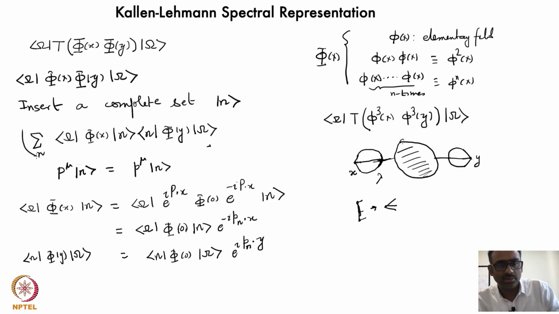Let's see whether I can just copy it. Okay, it will be faster. So I'll just insert all the results which I have found. So omega phi of x, phi of y omega